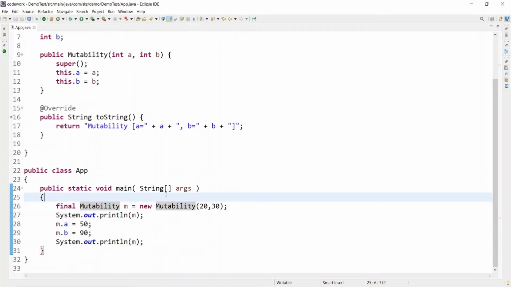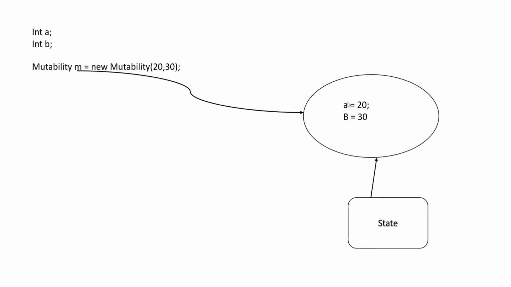That's why we are able to change that. So how can you make it immutable? Immutable means once the state of the object has been created, you should not be able to modify the state of the object.